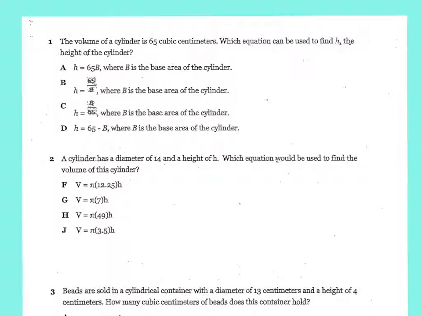Okay. The volume of a cylinder is 65 cubic centimeters. Which equation can be used to find H, the height of the cylinder? So on our formula chart, when we look at volume of a cylinder, the formula is volume equals area of the base times height. So it's not asking us what the volume is, or it's not asking us to solve it. It's just wanting us to see how could we solve it for the height. So if we know the volume,